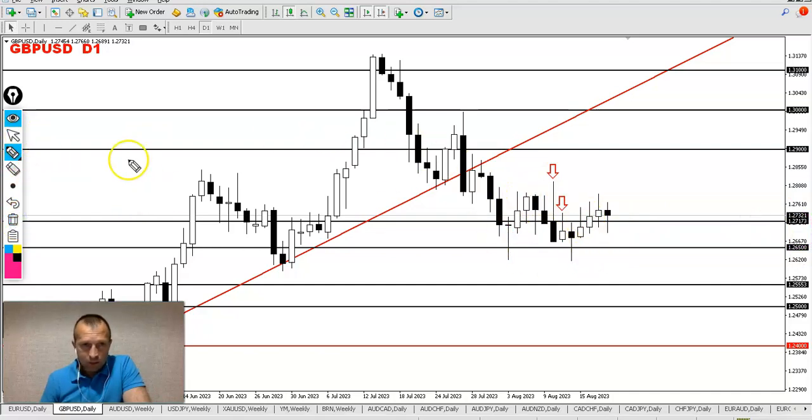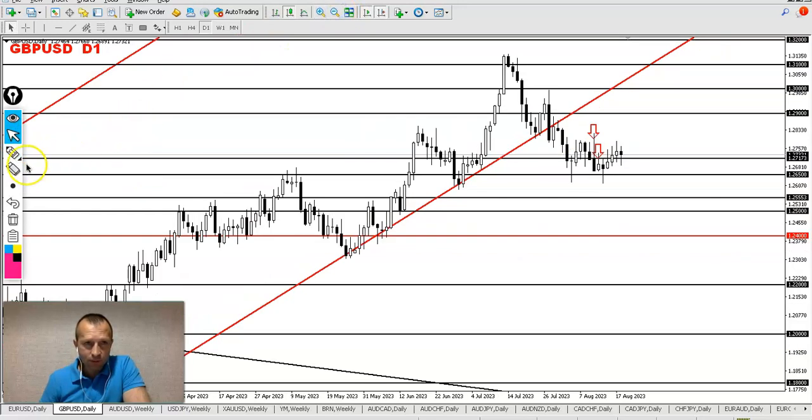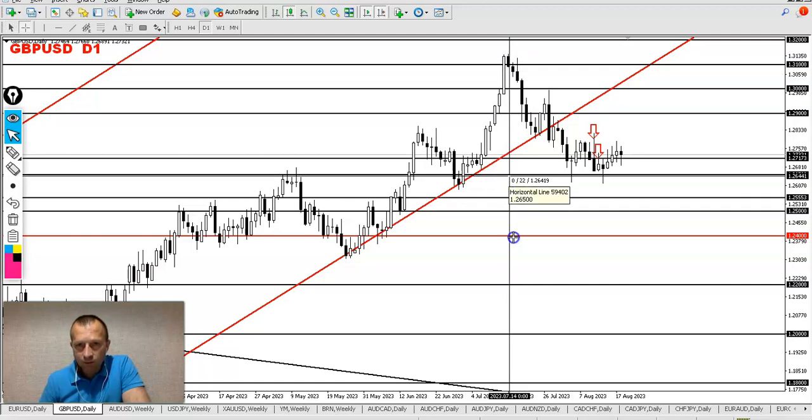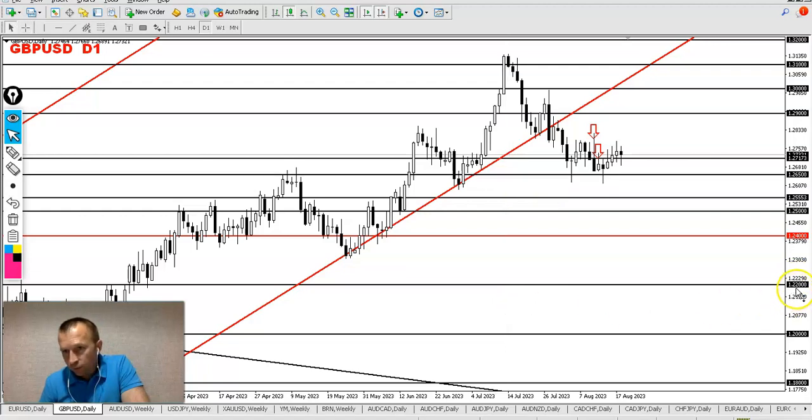And again, almost the same picture, I mean, about this potential head and shoulders pattern. The neckline is exactly around 1.2650, so that's why we saw a couple of rejections from this level. And how we measure it, we measure from the top to the bottom, roughly 500 pips. It means if we break, 500 pips will take it down below 1.22. Best case scenario, of course.